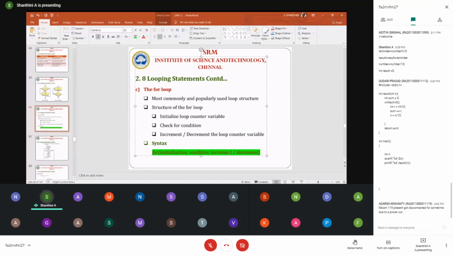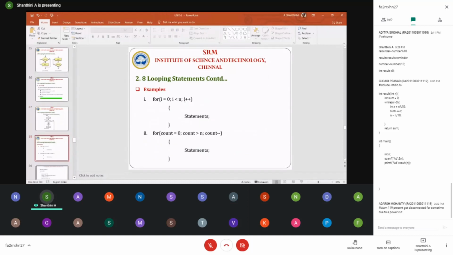So here is a simple for loop: for i is equal to 0, i is less than n, i plus plus. You can get the number from the user, like the printing of even numbers from 1 to 10 or 1 to 100. Similarly, you can print it using a for loop. I'll just show it after this. So here they are performing the sum of n numbers using a for loop. Previously, we have done it with a while loop, and here you are going to perform it using a for loop.